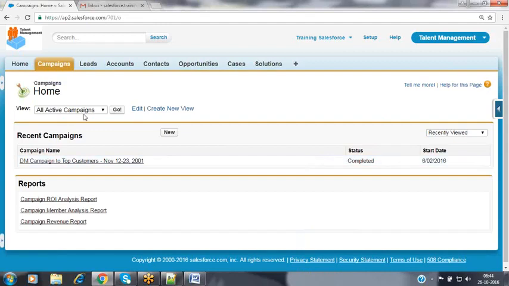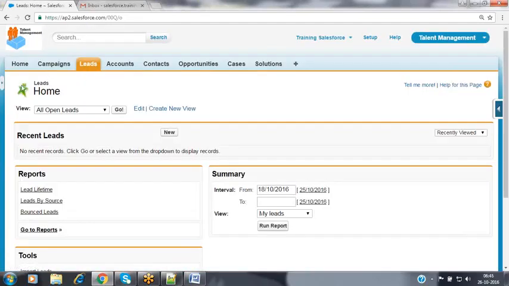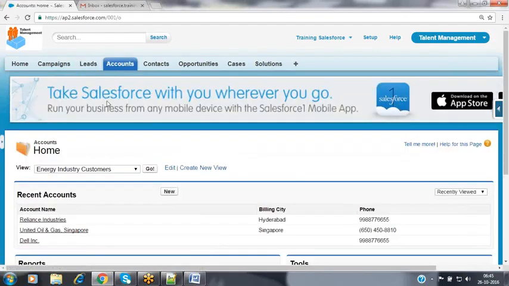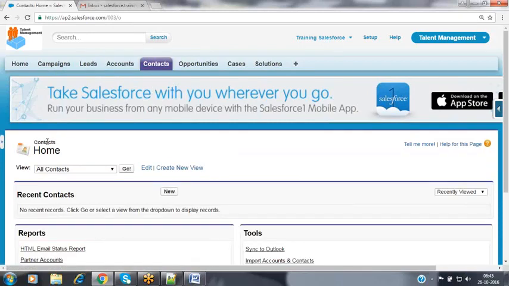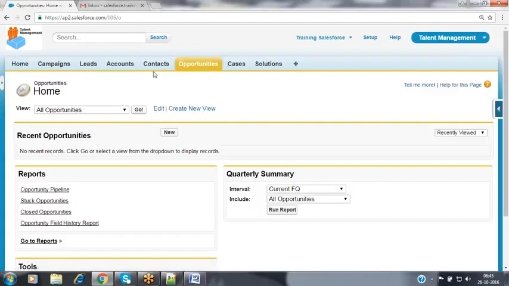When you go to leads, a different color and a different image is available. For accounts, a different background color and a different image. For contacts, a different color and a different image. For opportunities, a different background color and a different image is available. Like that, Salesforce is giving so many tab styles to you. From those tab styles, we can select any tab style depending upon your requirement.